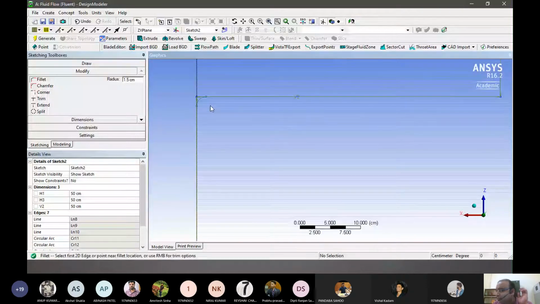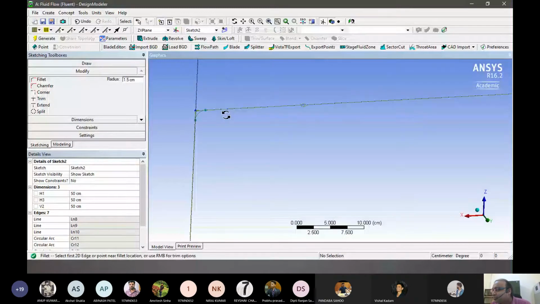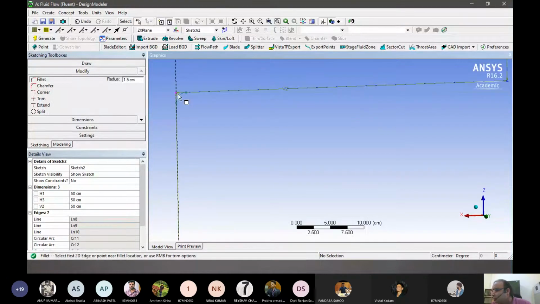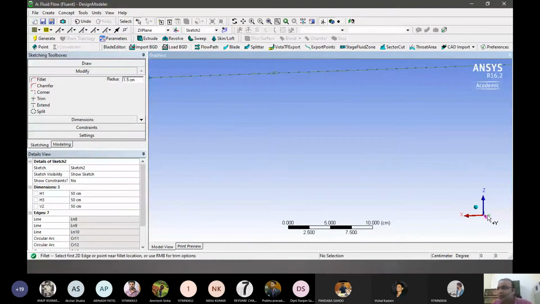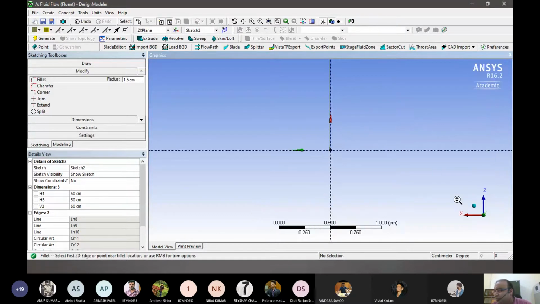As soon as I did that, you can see how the fillet works, like this, right?